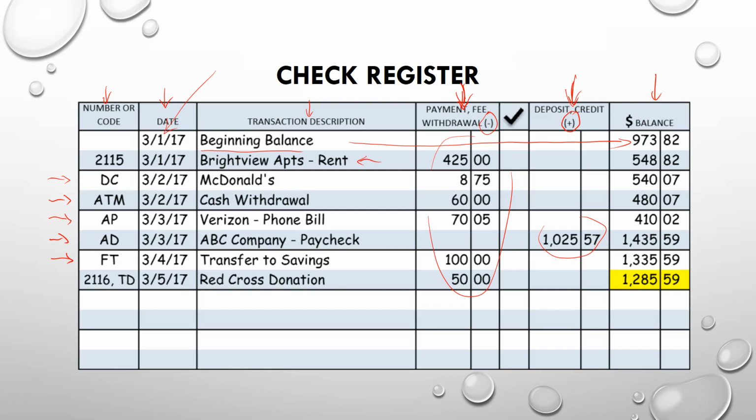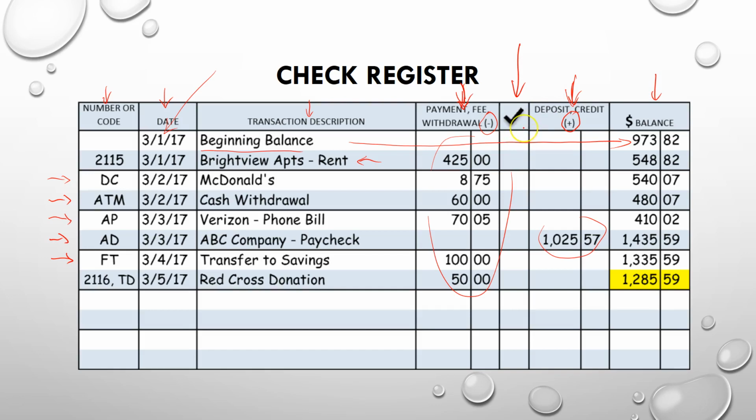Now, one thing to look for, you'll notice this one column right here that I did not talk about. All right, that's something we're going to talk about in a later section. Basically, that's when a check quote-unquote clears. In other words, I said earlier how the bank doesn't always know right away. Like I might go down to Best Buy and swipe my card. Best Buy might not tell my bank until tomorrow. So I would leave this blank until the bank notifies me that, hey, we saw that you spent $50 down at Best Buy. And as soon as the bank lets me know that they know about that transaction,